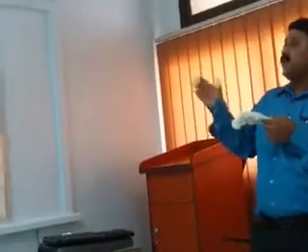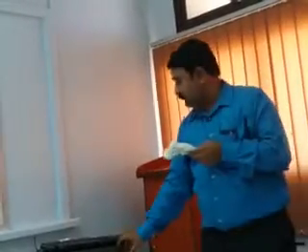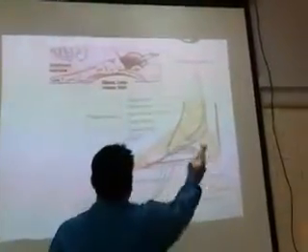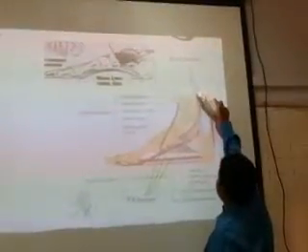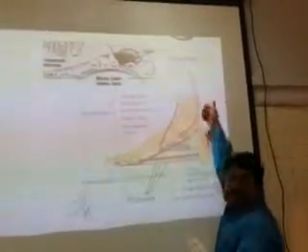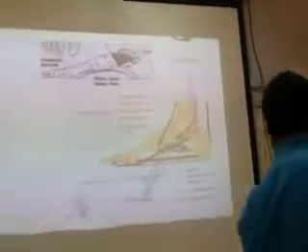It is by the tibialis posterior and the peroneus longus and the flexor digitorum longus. I already showed this in the previous picture. Sling support for the arch of the foot. See here, sling support is by the flexor hallucis longus and the tibialis posterior. Okay, sling support of the medial longitudinal arch.